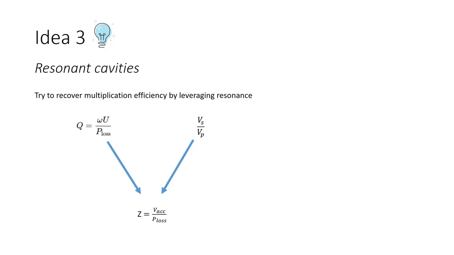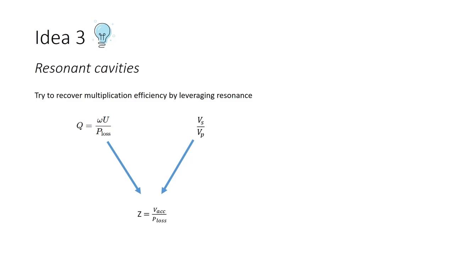Now let's look at the numerators of these 2 starting points. The numerator of the quality factor is the power that's sloshing back and forth in the accelerator structure. And while that does positively correlate with something that we want to increase, what's more accurate than that is the numerator on the right, which is the voltage across the secondary, which in our analogy corresponds to the accelerating voltage across gaps. This is the voltage that the electron beam sees as it's crossing these gaps, and the higher that voltage is, linearly and directly speaking, the higher the energy gained by the electron beam, which is exactly what we care about. And so what we're going to carry over to the numerator in Z is going to be the